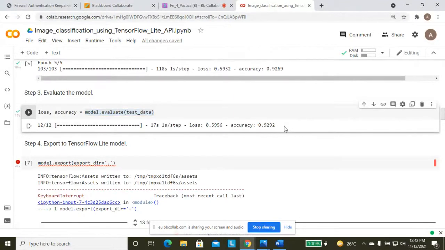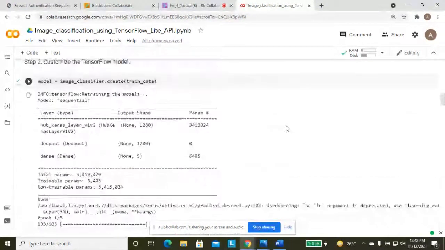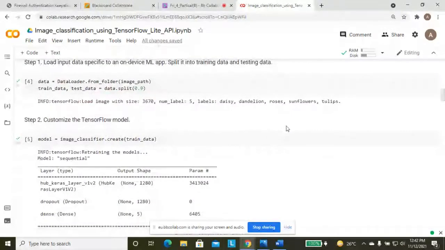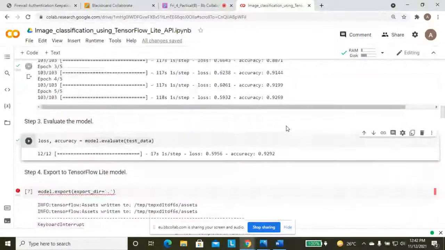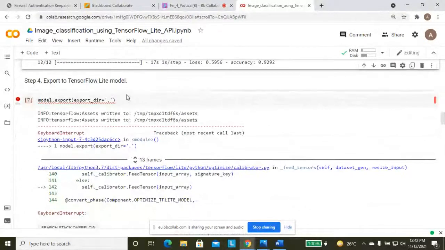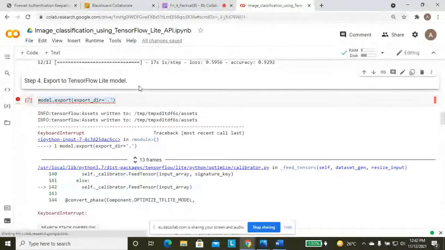It is one step complete. We did one part: installation of the package, importing libraries, getting the APIs, then performing the training of data and getting the accuracy of the model. It is done. Then next, what we are doing is exporting the images to TensorFlow.